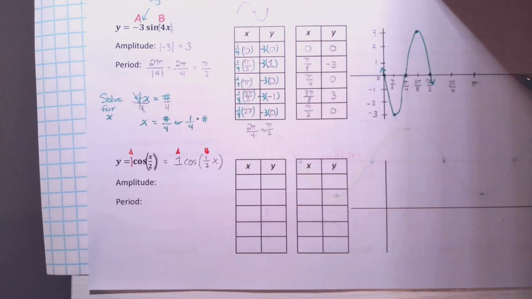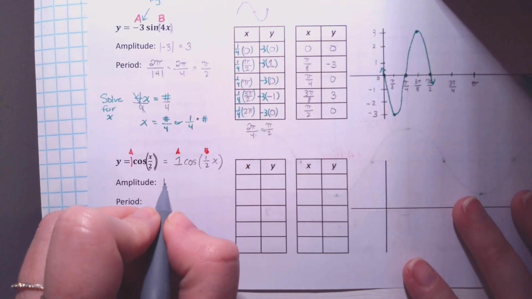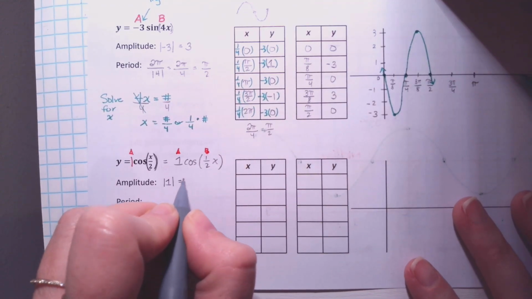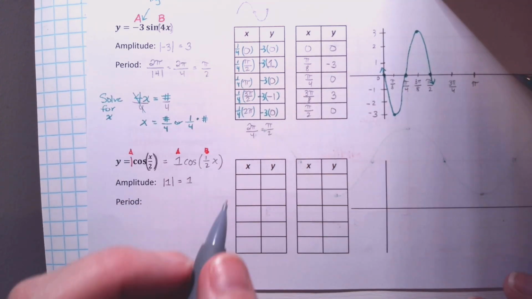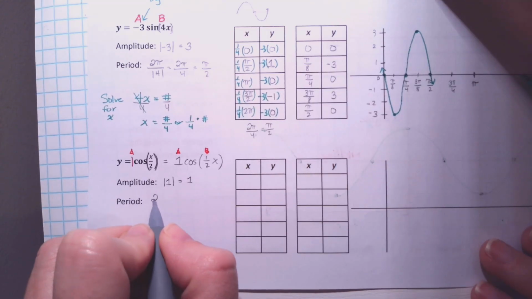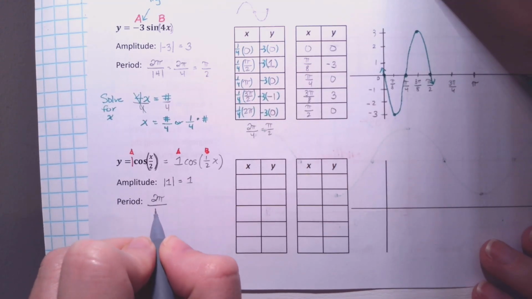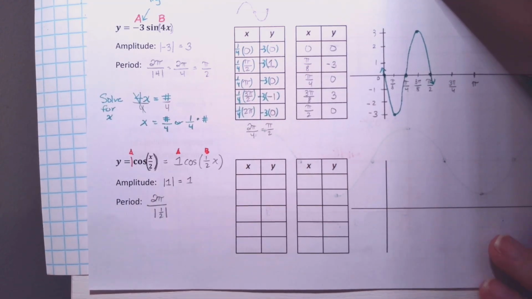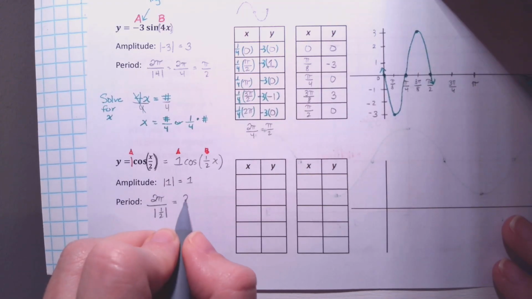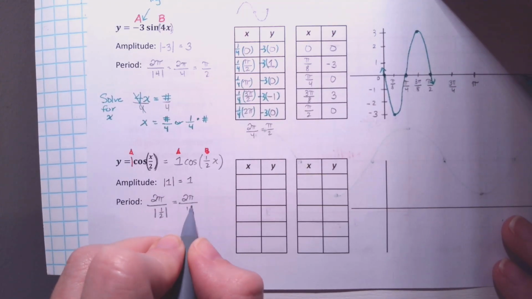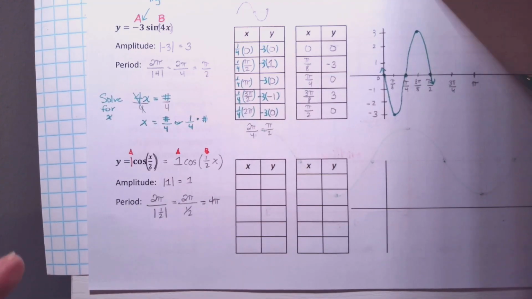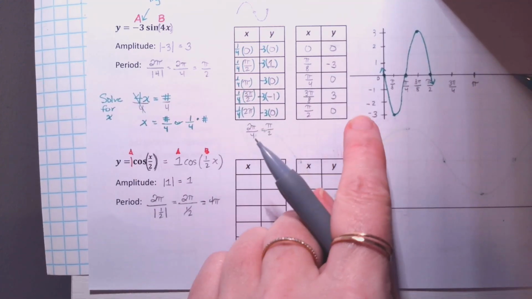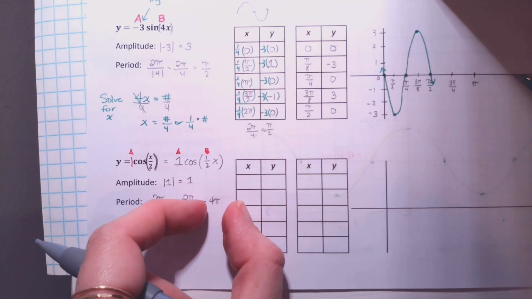Okay, so starting by calculating my amplitude, which is just absolute value of my a. So amplitude is 1, aka that means it just has a normal height on this cosine function. The period would be 2 pi divided by the absolute value of b, which is 1/2. So that's 2 pi divided by 1/2, which would become 4 pi. So it's going to complete one full cosine swoop in a distance of 4 pi, which is twice as big